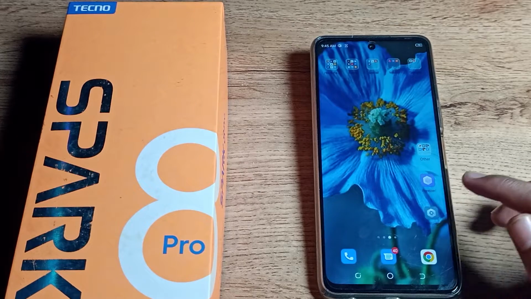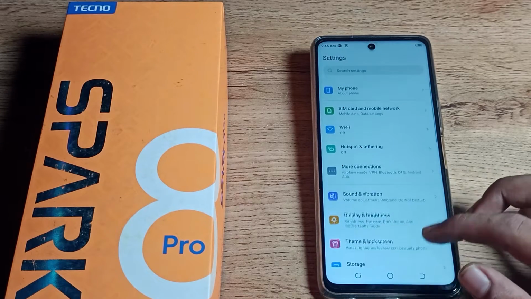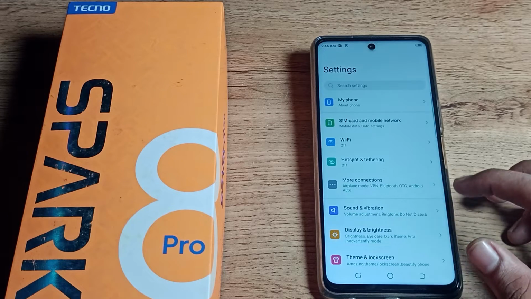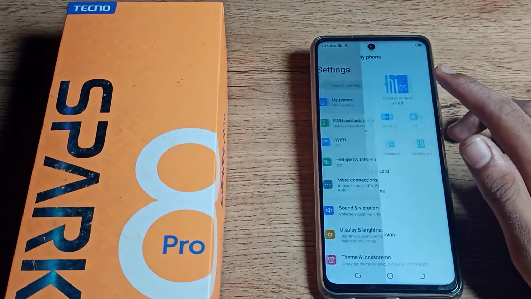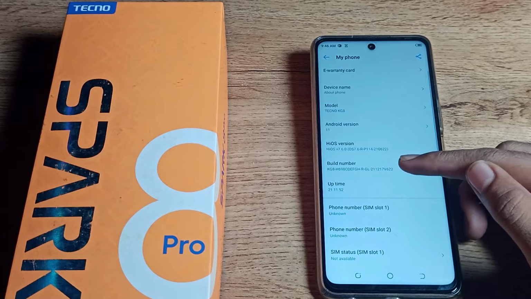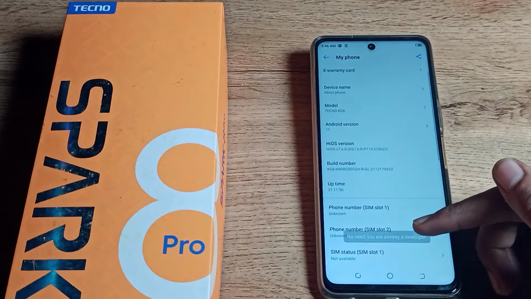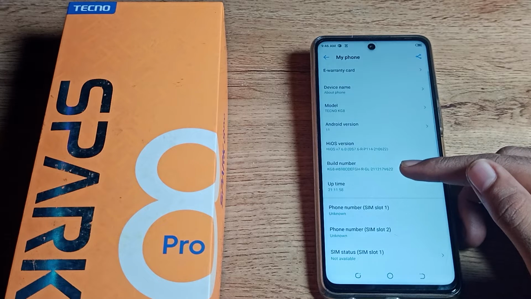Friends, open your phone settings to check your phone build number. After opening phone settings, you can see this type of settings. Scroll and you can see My Phone setting. Tap here and scroll. So friends, you can see your build number, and if you want to turn on your developer mode option, as you can see, I am already a developer, but if you are not a developer,